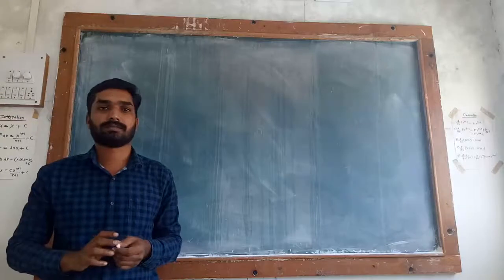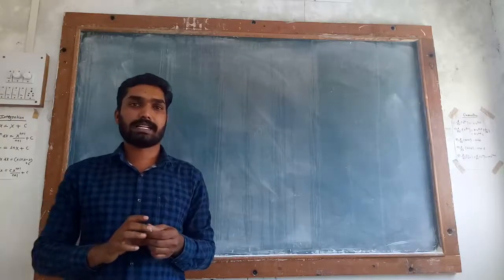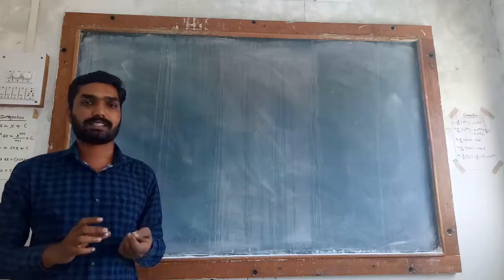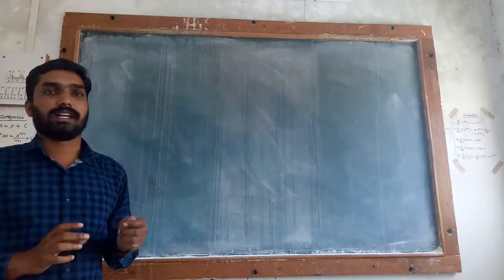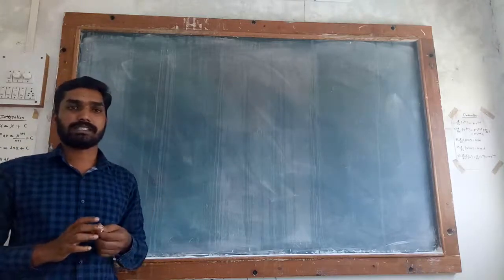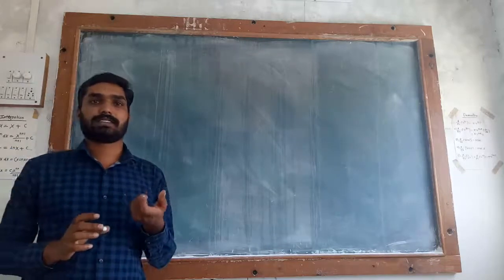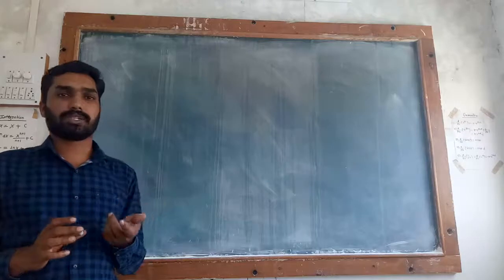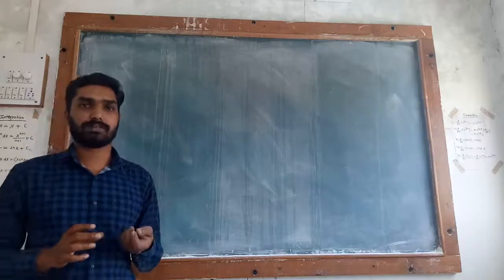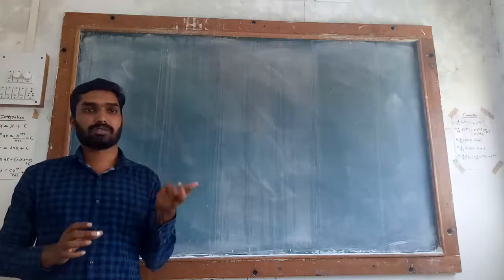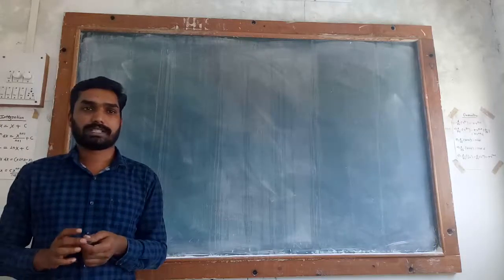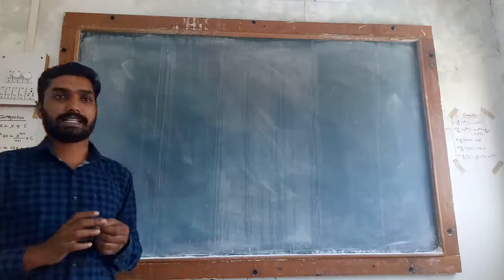Hello friends, in the previous lecture we have seen how to find the inverse of a matrix by the row reduction method, and in the second example we saw how to find the third column of an inverse matrix without computing the first and second columns. So we have seen two types of examples in the previous lecture. Today we will take one more example of that type. So let us write one example.